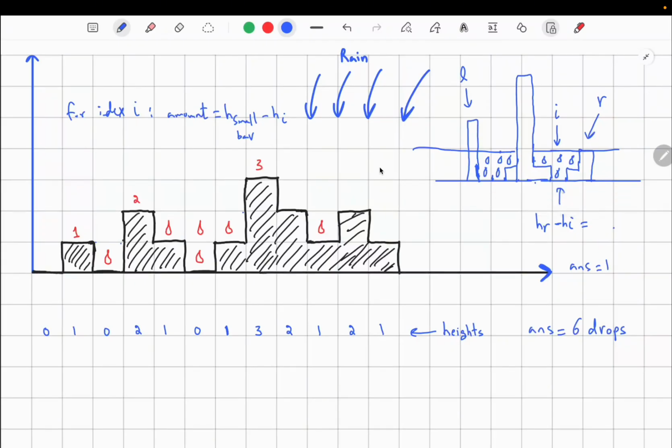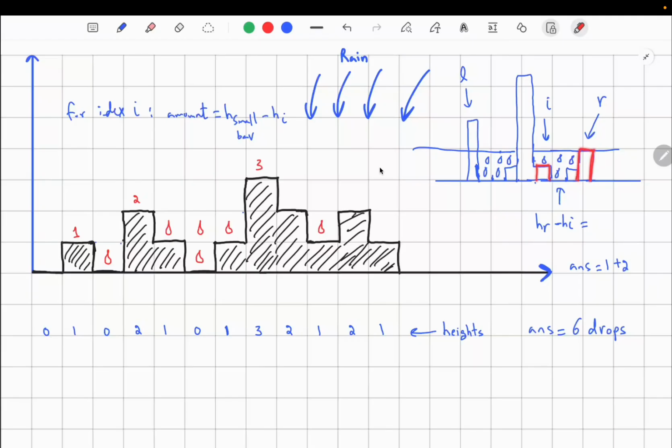And now at this current index, the amount of water is hr minus hi, and we are sure always for now that hr is larger than h at the current index. So this height is larger than this height, which is 0. So here we can trap 2, so we bring this 2 to the answer, and then we reset it and we bring I here. So as long as the current index I has a height less than the